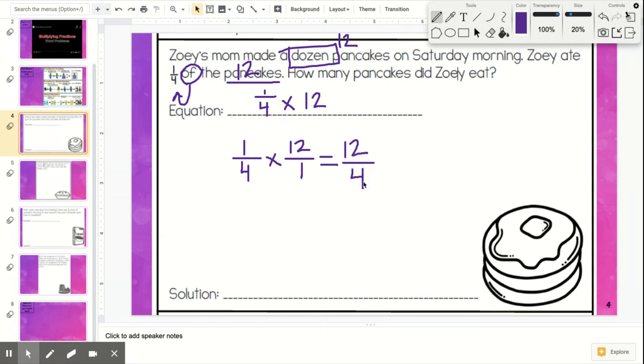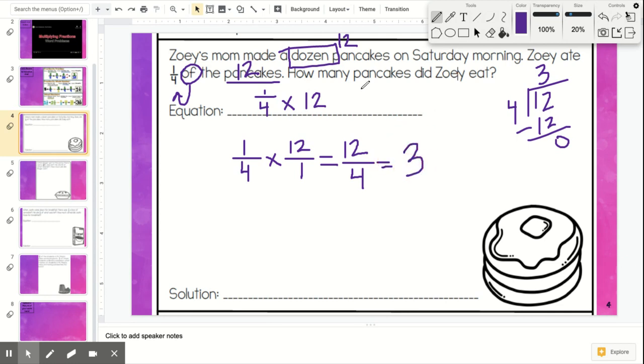Now, this is not our answer. This is an improper fraction. So yes, this needs to be simplified. You read this as a division problem. 12 divided by 4. Well, 4 fits into 12 3 times evenly, and there is nothing left over. There is no remainder. So what this means is that the answer is just going to be a whole number,